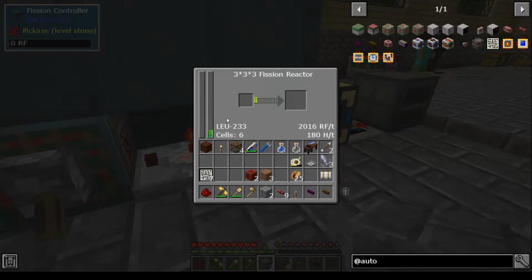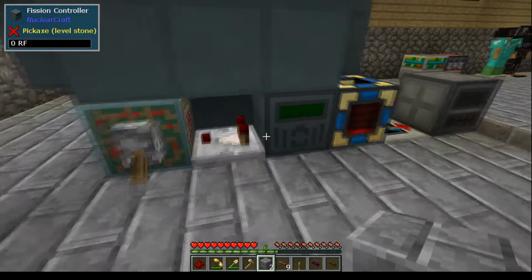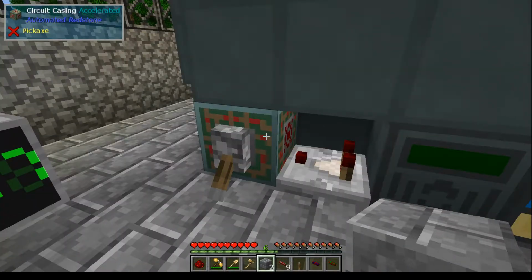As that heat builds. And there we go. Now it's cooled. The comparator flips and it turns back on again. Pretty cool, huh? So now we have a safety net, if you will. You could do this with normal redstone too, I should add, but